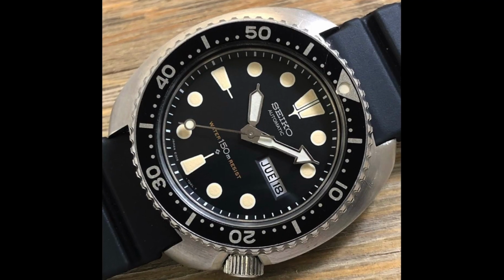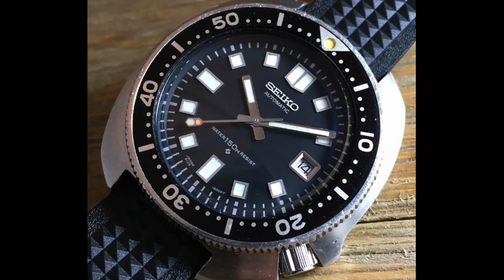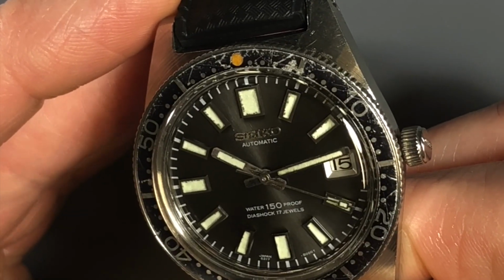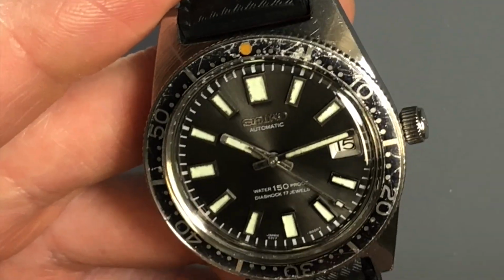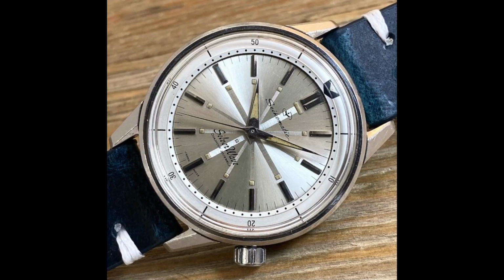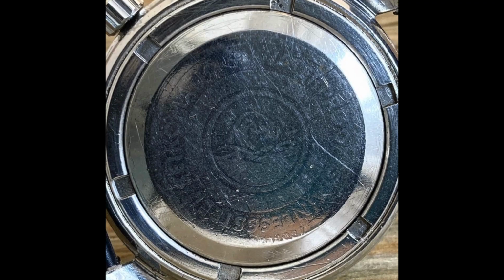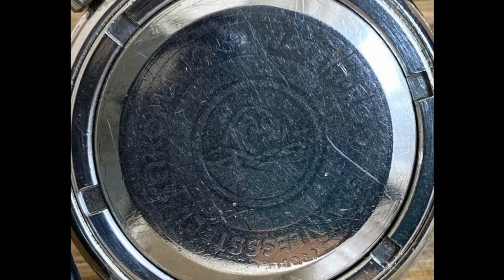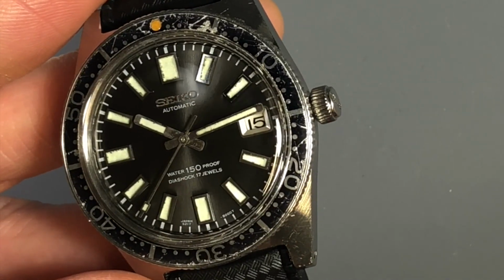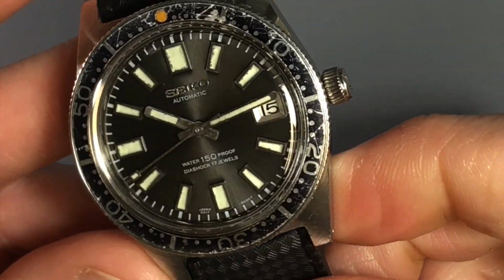Earlier Seiko divers like the 6309 Turtle and the 6105 Captain Willard are absolute icons, and they are often the first pieces new converts are attempting to acquire. But the story of Seiko diving breakthroughs can be traced back to one watch. After dipping their toes in the water with the 50-meter Silver Wave in 1961, which was also our first introduction to the Tsunami logo caseback, Seiko began development of its first true diver, and in July of 1965 released the 150-meter